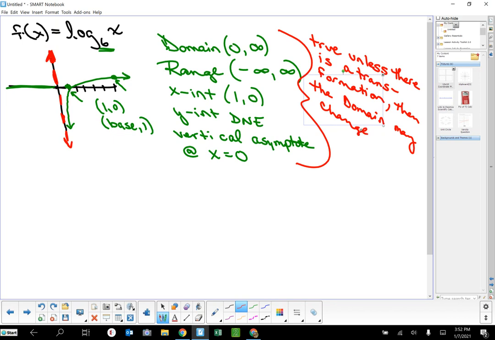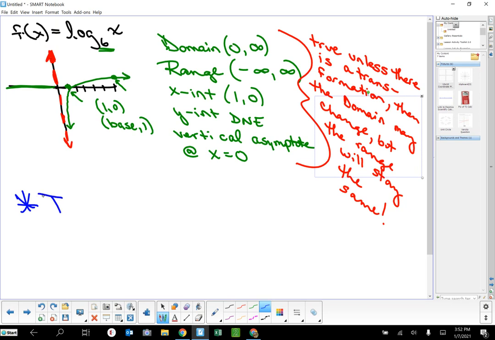And we'll talk about how to find that, but the range will stay the same. Okay? All right, so the next statement that you need to have is about transformations of